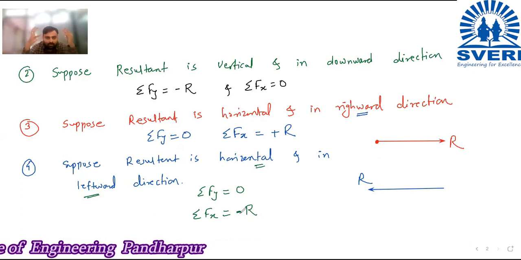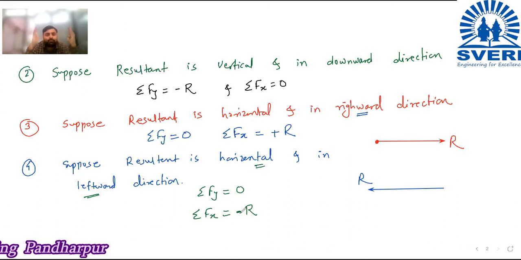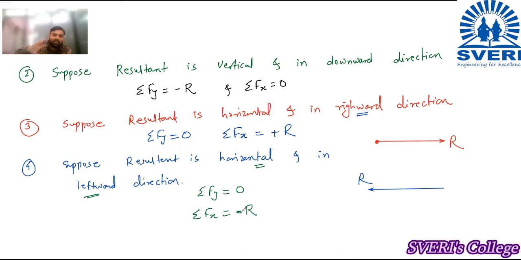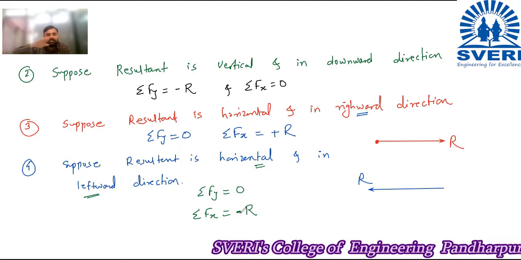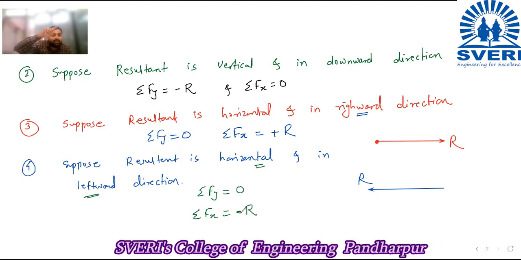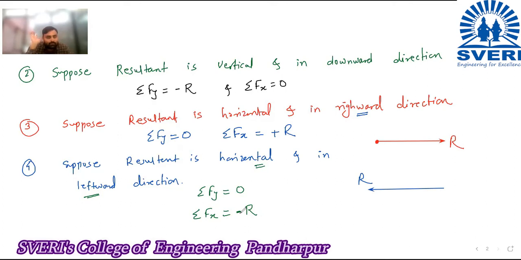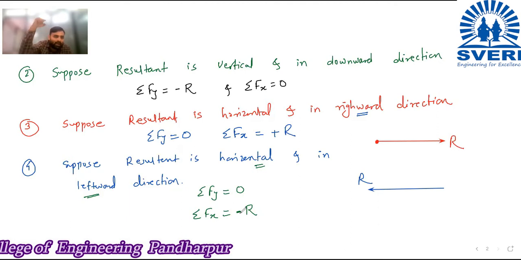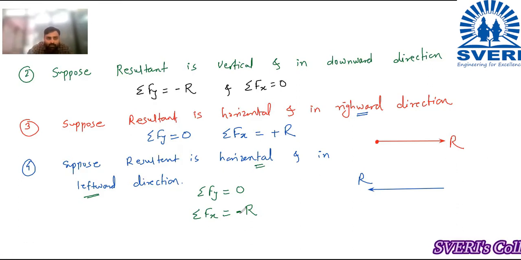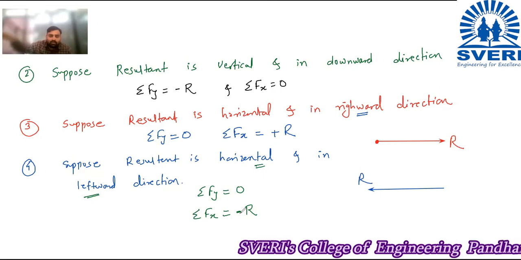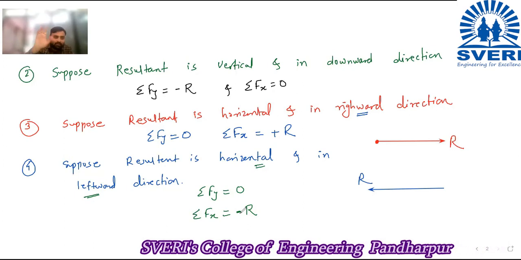Just it should be fitted into your mind that if my resultant is vertical, means my summation Fx must be 0. And if my resultant is horizontal, that is it is along the x-axis, then my summation Fy must be 0. Okay. जर रिझल्टंट माझा y axis वरती असेल, if my resultant is on y axis, it is vertical, then my summation Fx must be 0. And if my resultant is along the x axis, that is horizontal, then summation Fy must be 0.